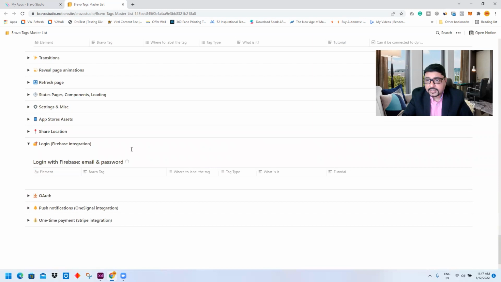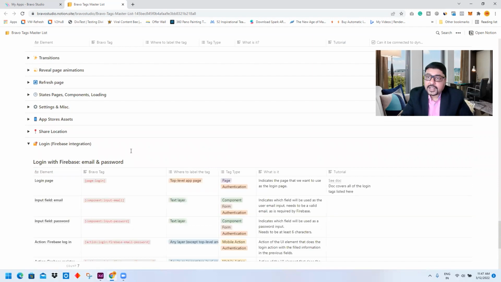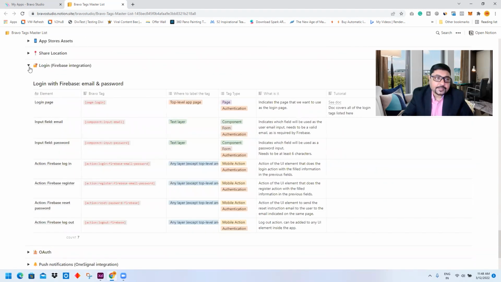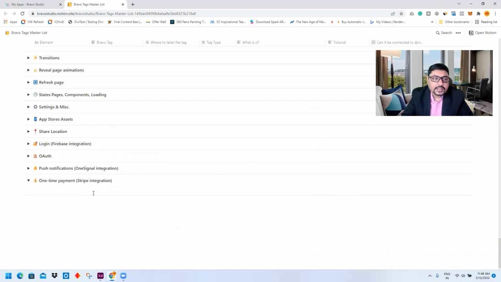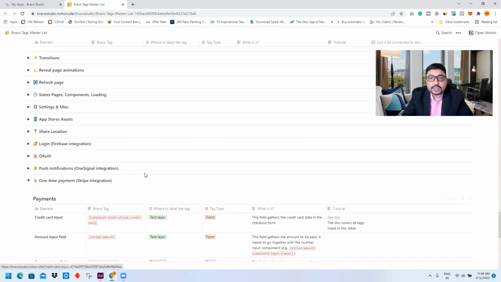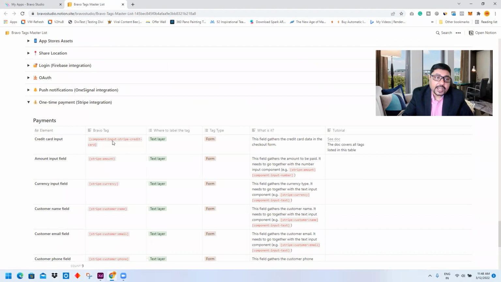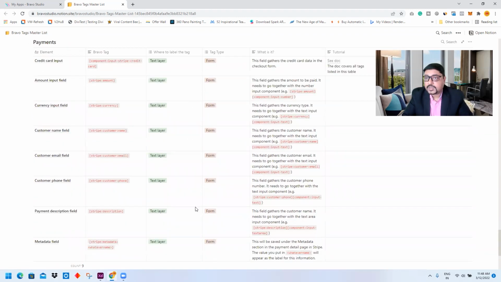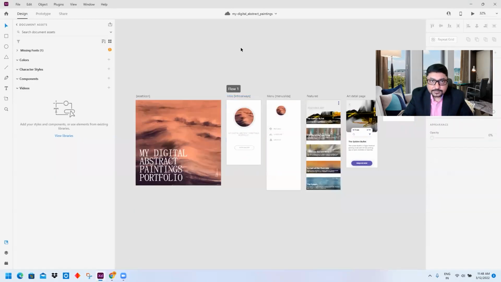For logging, there is Firebase integration. Firebase tracks how many people have come from which source to your page, to your app. All these things can be captured in Firebase. Okay. And if you are doing a payment integration using Stripe, you can do this through these particular tags. Okay. Now let's hop back to our XD.